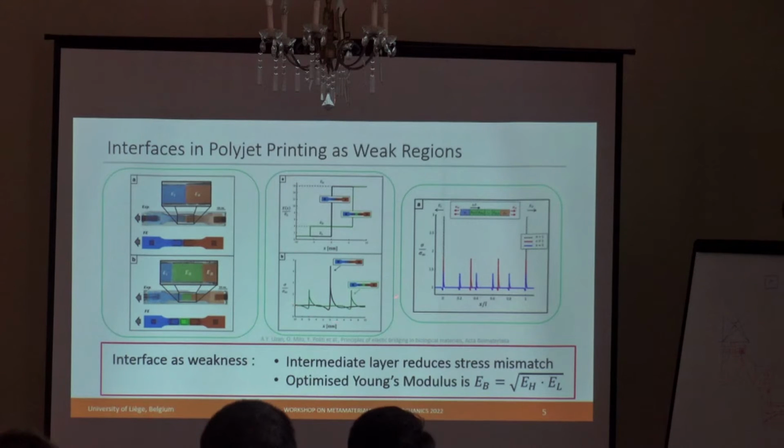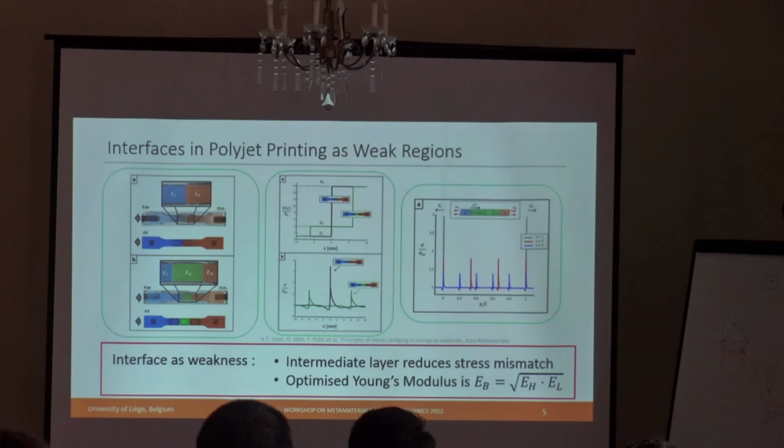What you see in terms of stress concentration is that when there is no intermediate layer, there is a high concentration of stress at the interface, which is expected. But they managed to spread it, to reduce it evenly on both sides of the new intermediate layer by introducing material with a